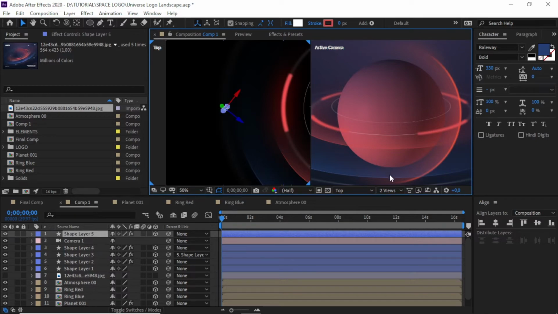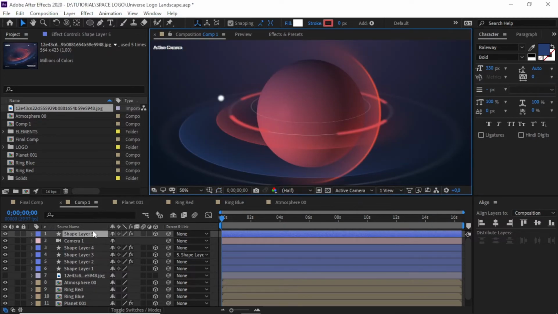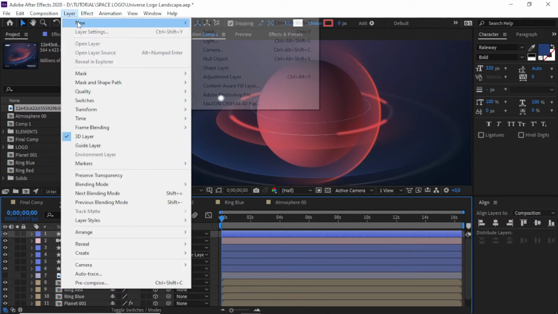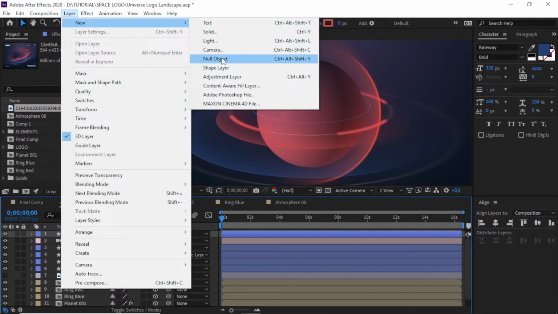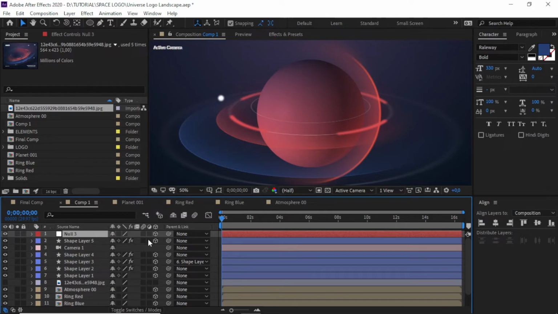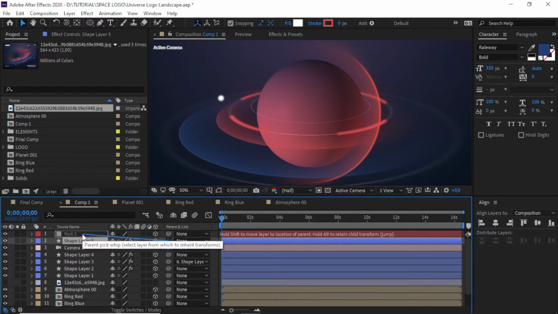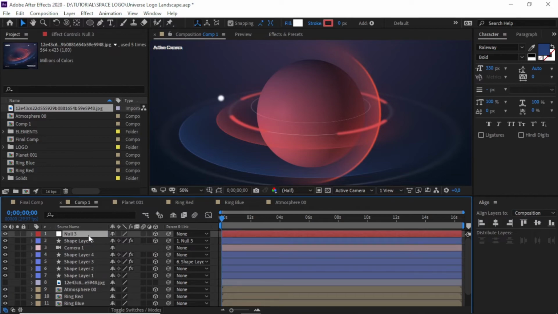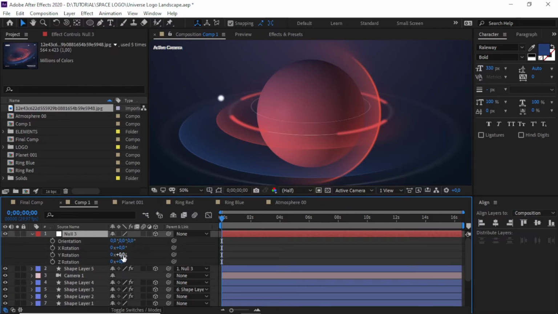So I'll use the null object here, make it 3D as an anchor for my movement of the asteroid. So with this anchor, I can move around with the exact same position like this.